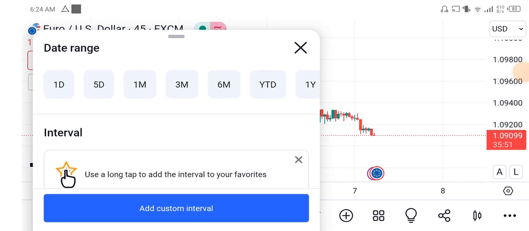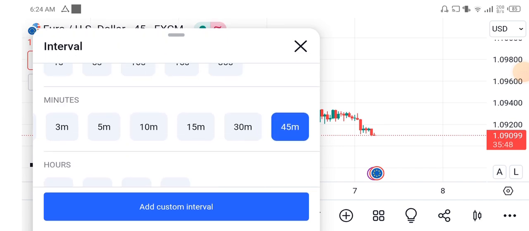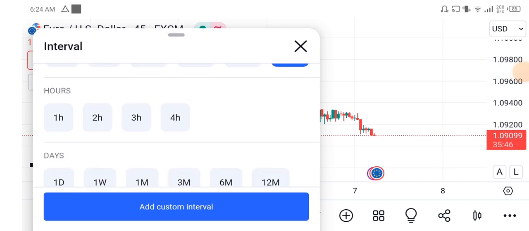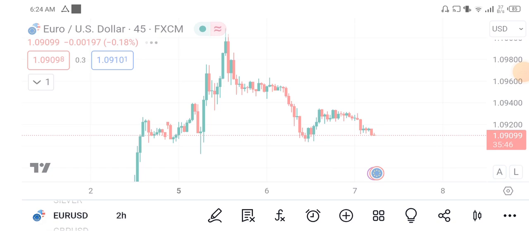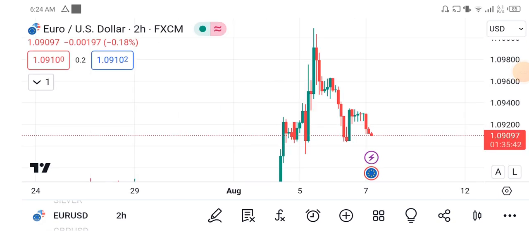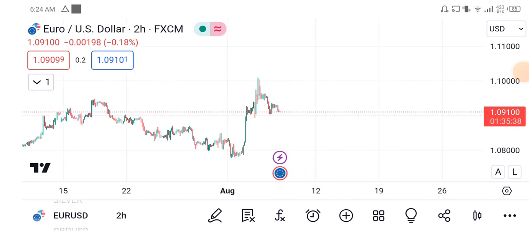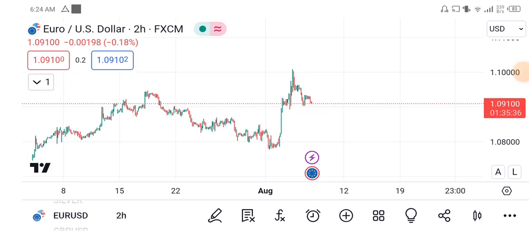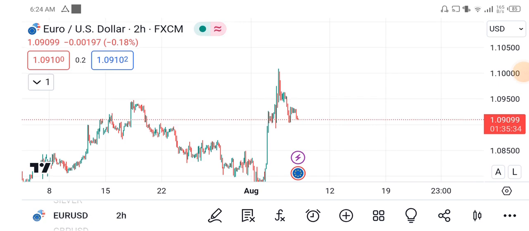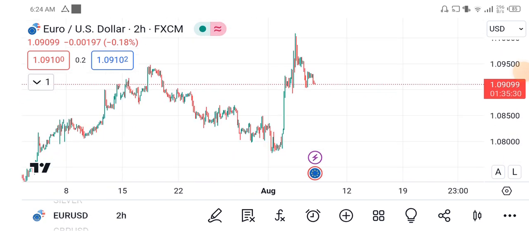Now, let's go over to the 2 hours time frame, right? This is what we are seeing on Euro USD 2 hours time frame. Very sweet. Euro USD is an uptrend. Very, very good. So now I want you to understand that you can make some of this your time frame,